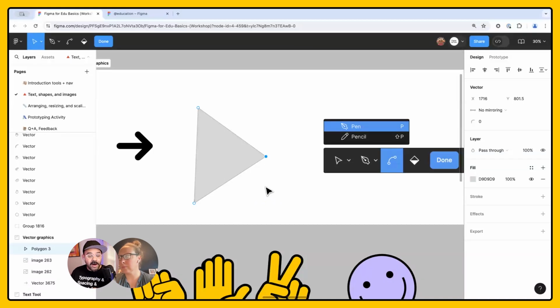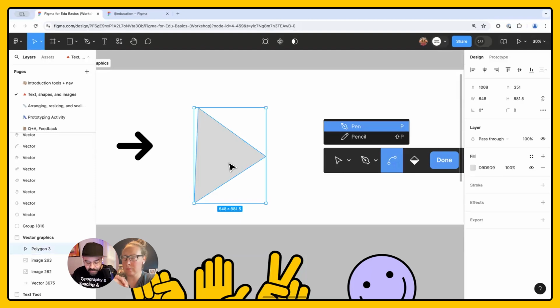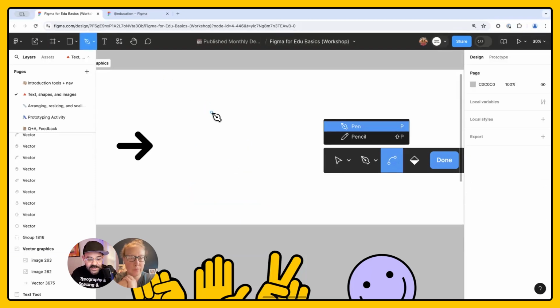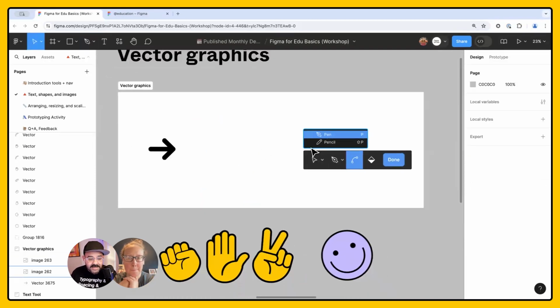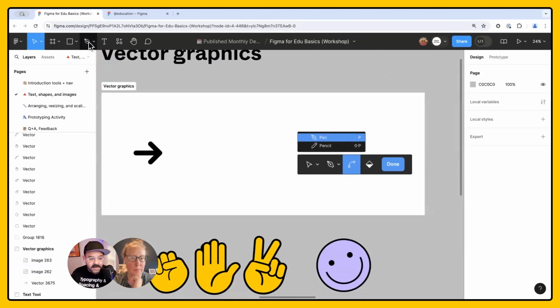Now, vector graphics are important for pretty much everything now. Like if you think of a logo, if you think of any sort of visual representation on the web, for accessibility's sake, sometimes you want to scale it up and scale it down. So graphics that are created. So I'll show you really quickly. That's going to be using the pen tool in Figma. The pen tool is going to be the P key.